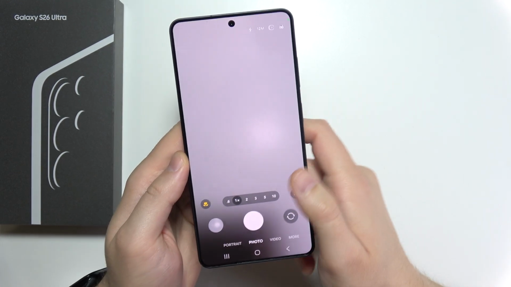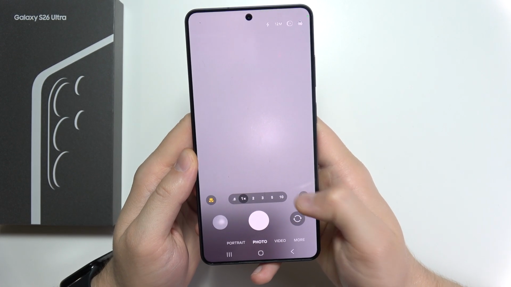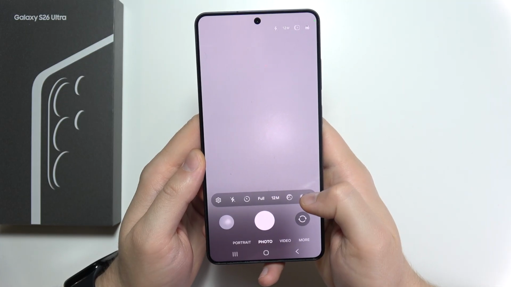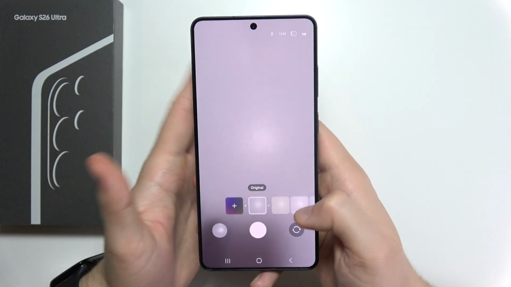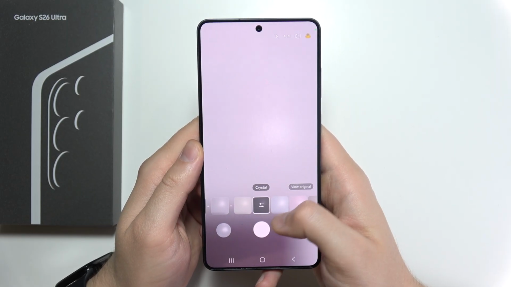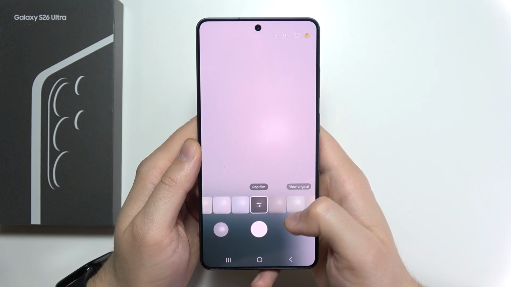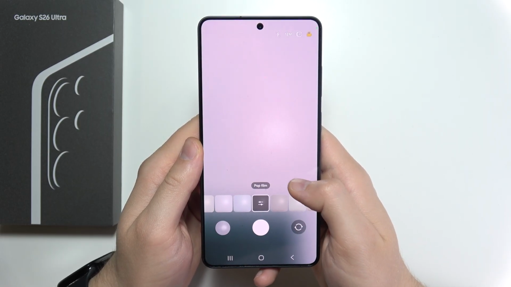To use camera filters on the Samsung S26 Ultra, you have to click on this button first, and now you have to slide until you find this icon. This is the filters, and when you go to the right side, you can find all of those changes. You can quickly see all the difference, and you can even click here to see how it compares to the original mode